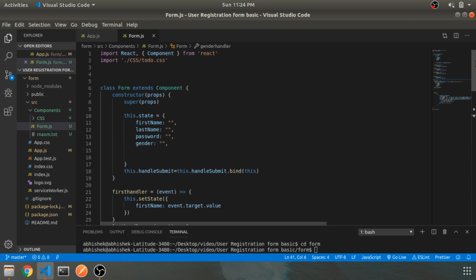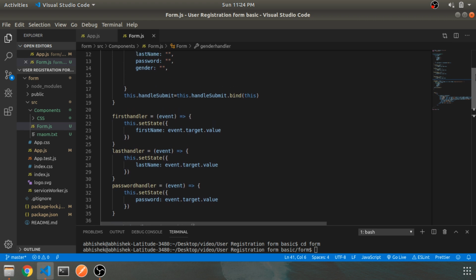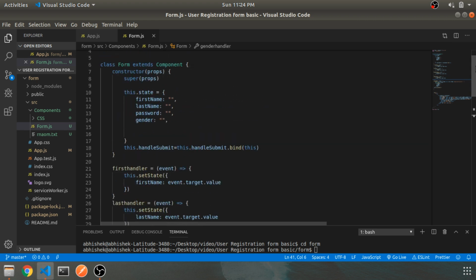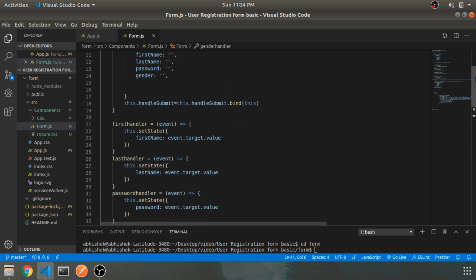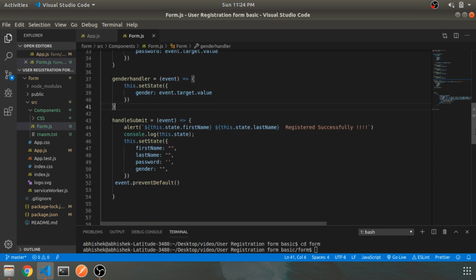The input fields are empty. So initially it is empty, and whenever the user gives some input for all the fields and hits enter, it will try to set a state with the values provided by the user, right? So this is how it works